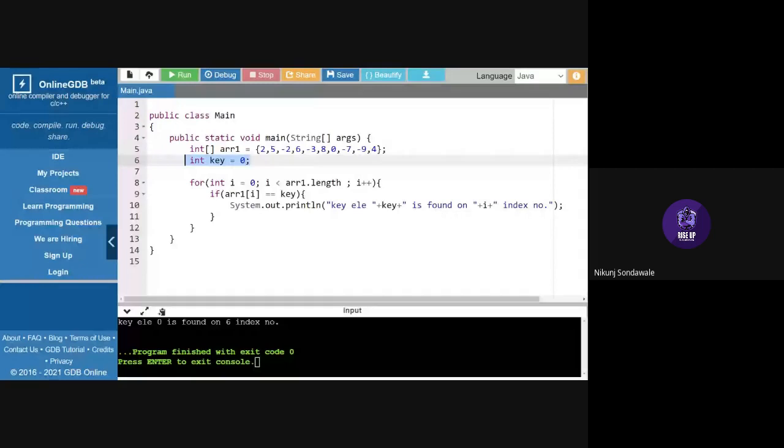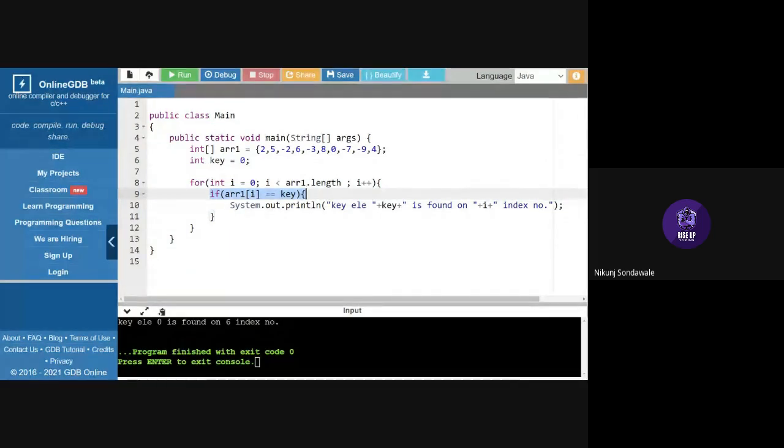For sequential search, we go one by one. We traverse through each element one by one, from zeroth index number to the last index number. That's why we need a for loop for traversing throughout the array. So if we want to travel from zeroth element to last, we initialize i equal to 0, and it should travel till i is less than length of my array, means last index number, then i plus plus. This is for traversing, right? And then comes this one, if array i equal to key or not.